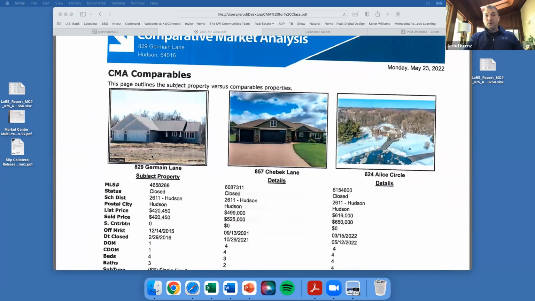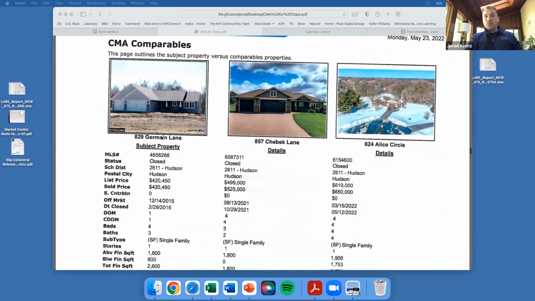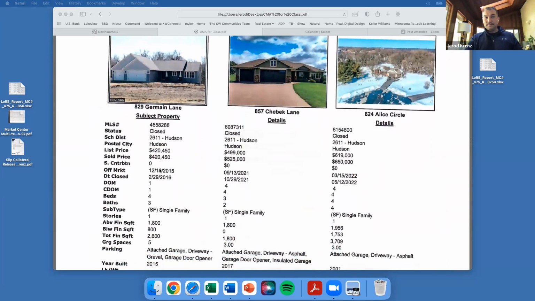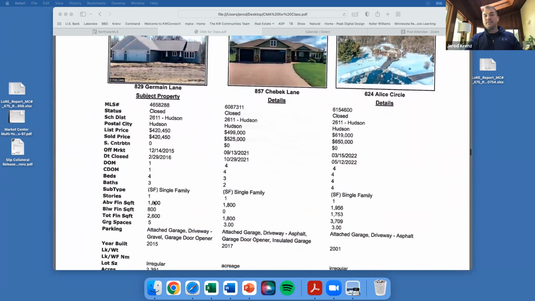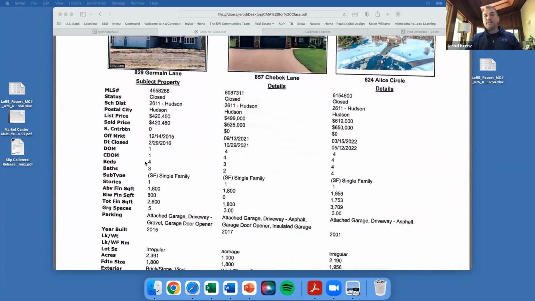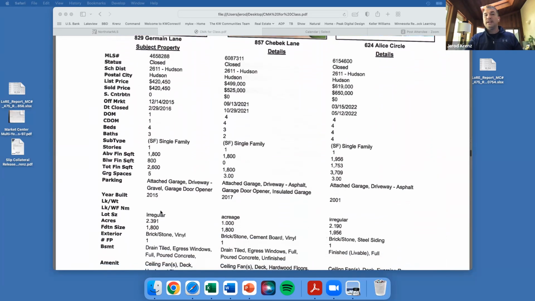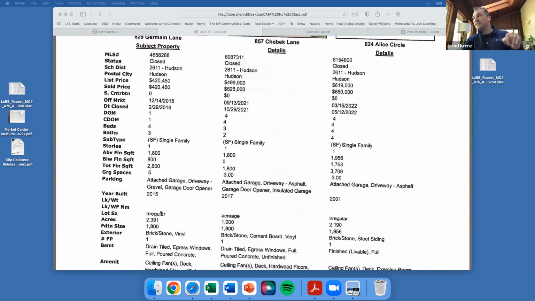Then I go through, this is the subject property. I go through all of this and I ask them if this is correct. Is the square footage correct? Is the bedrooms correct? The bath, what you paid for it? The reason why I ask them if it's correct is because if it's not, and I start talking about the comps,